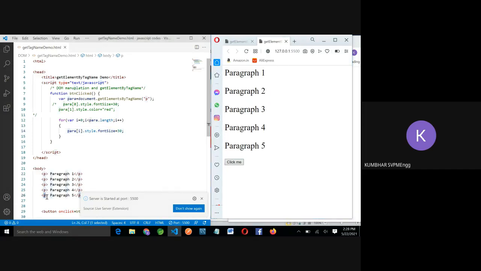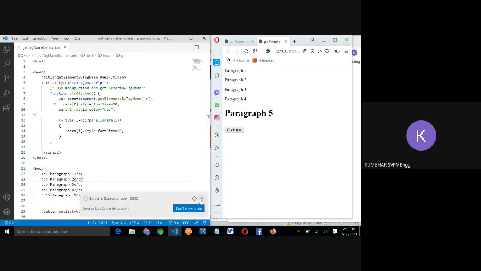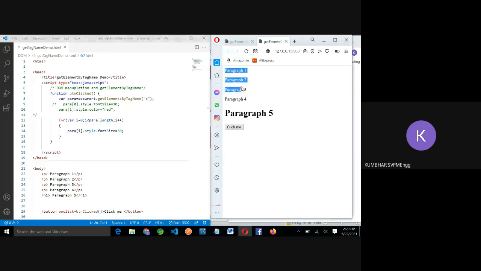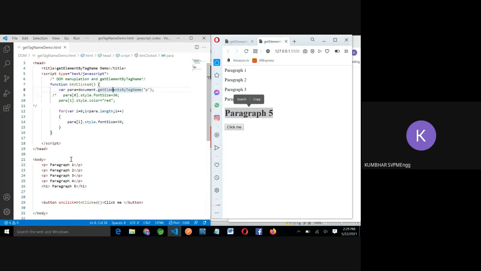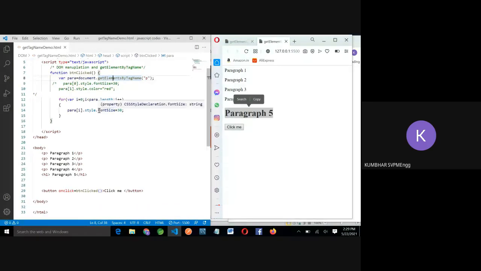Let's see something different. Suppose I am changing this last one to an h1 tag. So 4 paragraphs and one h1 tag. By default, you will see paragraphs 1, 2, 3, 4 in the output are in the normal font, and paragraph 5 is h1. Now, as I am accessing the elements by tag name P, and then assigning font size 30 to those, only the paragraph values should change.